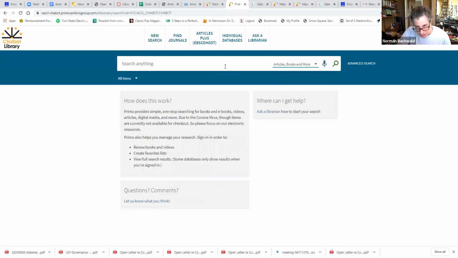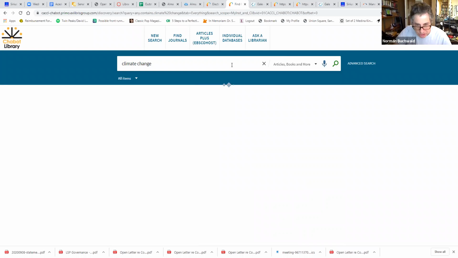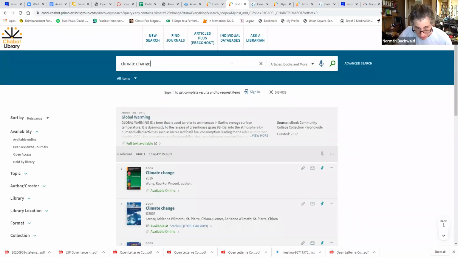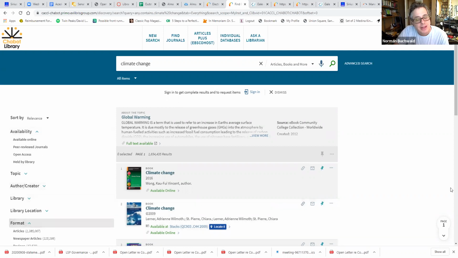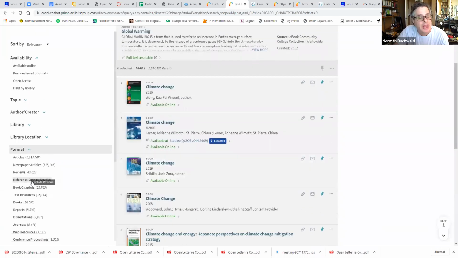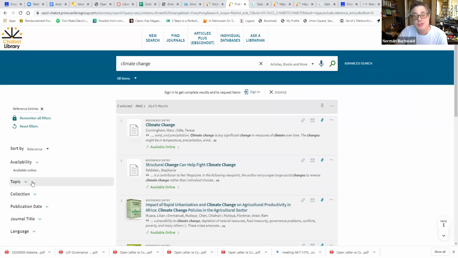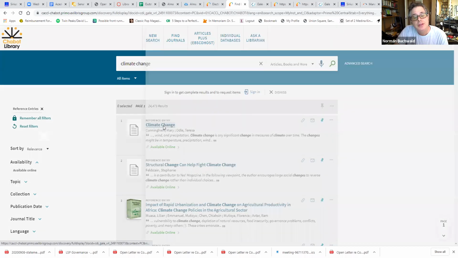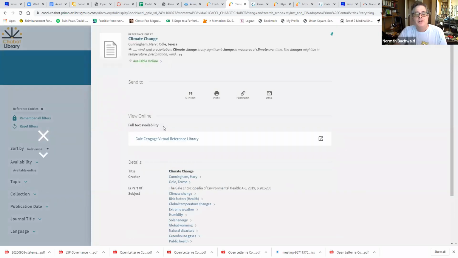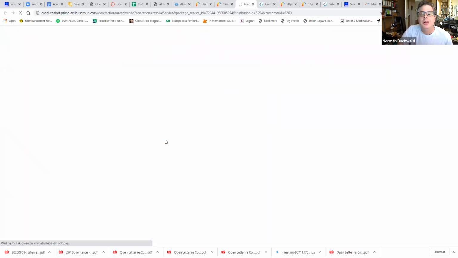We're going to expand this to articles, books, and more, because I want to make sure we enter something that we know will go to reference entries, like climate change. Almost all of us probably have a climate change entry in one of our Gale ebooks. And under format, we're going to limit our search to reference entries. And while these reference entries will lead to elsewhere, I know that one of these will lead to Gale. In fact, I know that item number 1 thankfully goes there, and lo and behold, here is Gale's Engage Virtual Reference Library. Click on that,